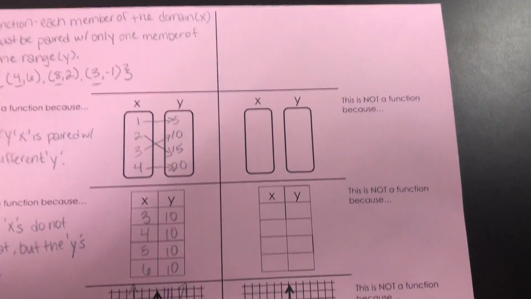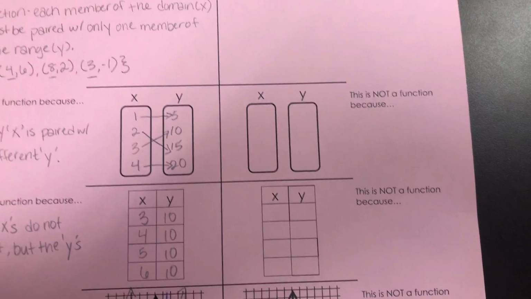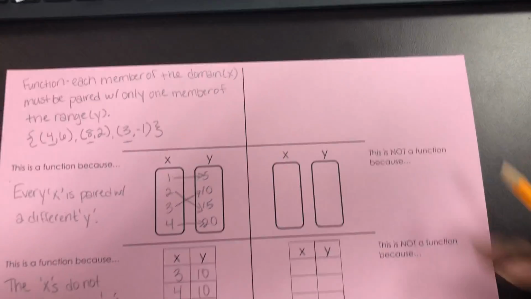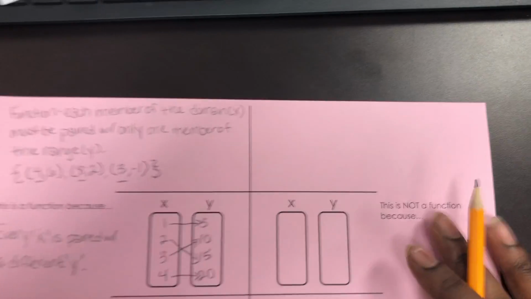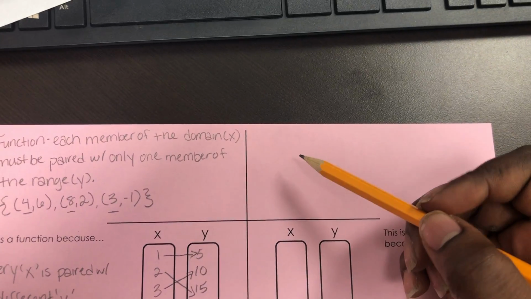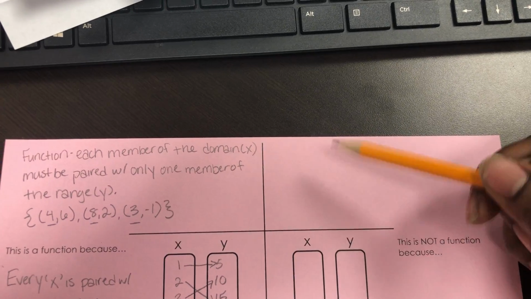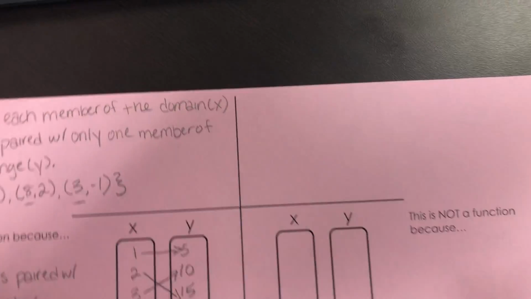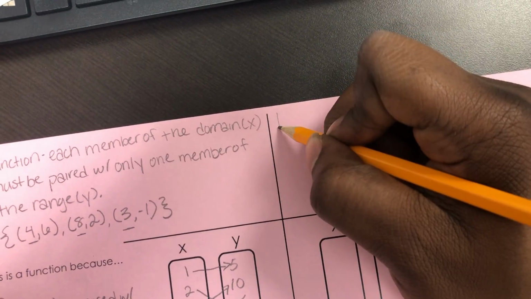Okay, so this is going over the second half of the foldable. So this is going to be the not a functions section. So right here up at the top, we're basically just going to briefly say what would happen if something was not a function. So we're going to say if